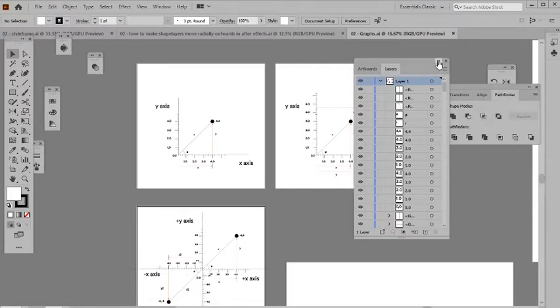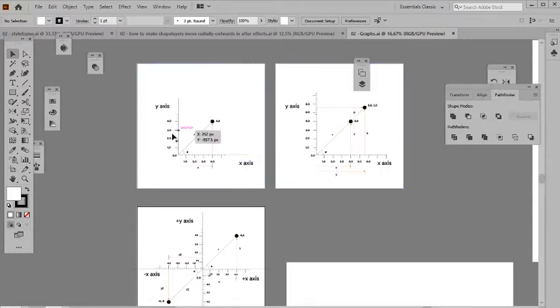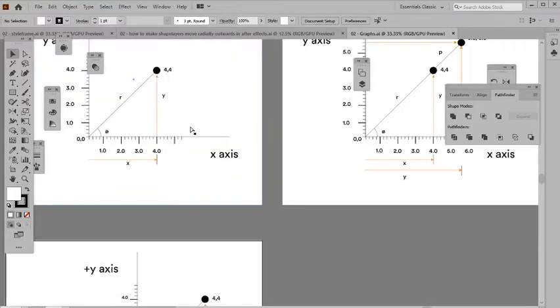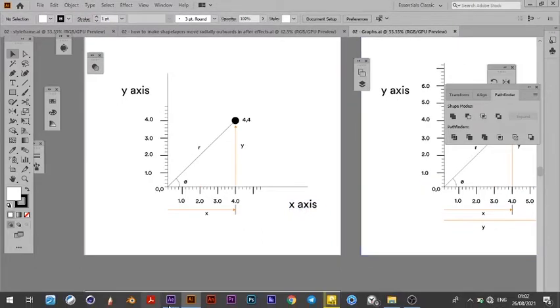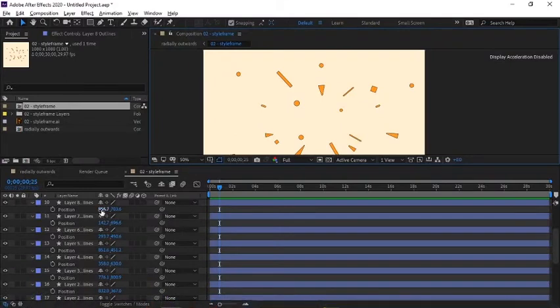So let's go ahead. This is Illustrator, so I made all these funny graphs of how position works. This is the way position is in real life. For example, let me go back to After Effects for a little bit to show you some of these things. Now look at this. There is the position. This is the x position on the x-axis, and this is the position on the y-axis. That means if you scrub,